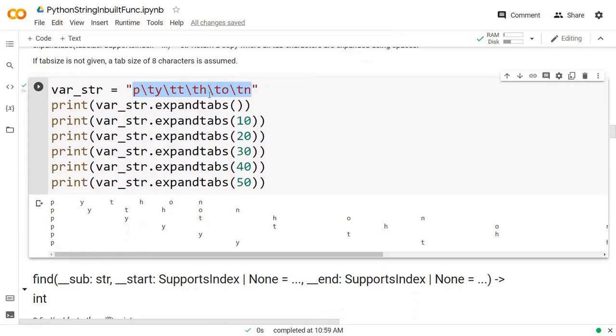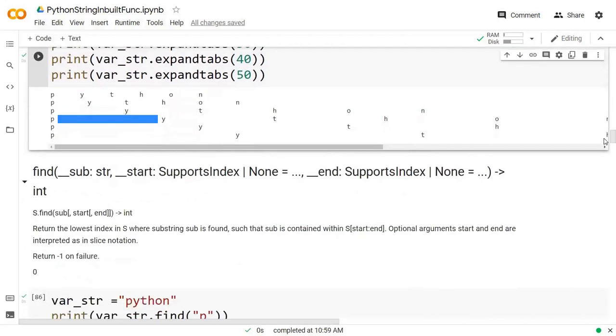So now this slash t, its default value is 8 characters. So right here, when we are not mentioning the number of characters, it is taking tab of 8. Then we have changed it to 10. Then we have changed it to 20. Then we have changed it to 30, and so on. So it is showing me that particular tab value.